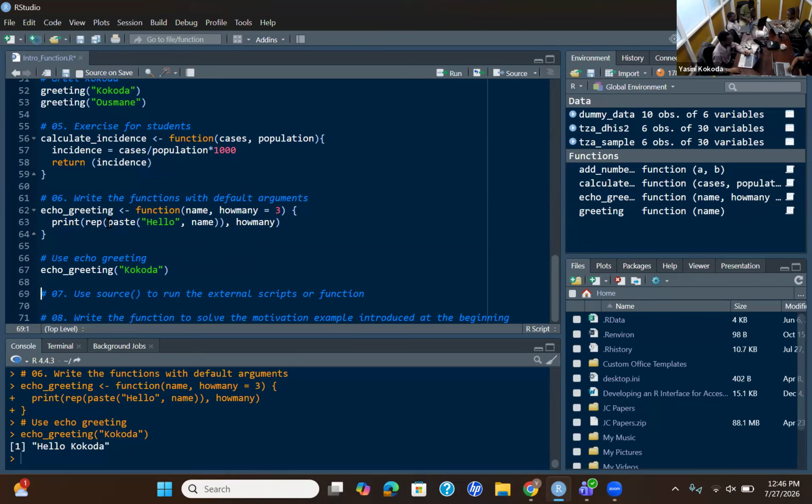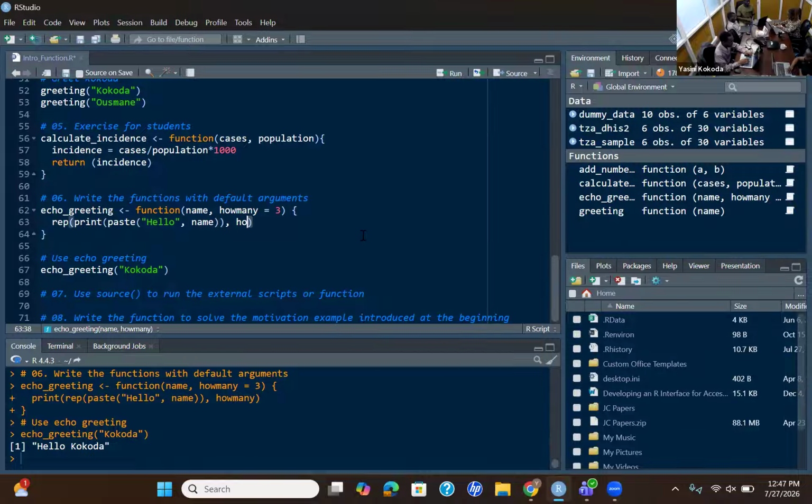Oh, so I think the repeat function should be outside of the printing. It has to be the one which is repeating the printing process 3 times.